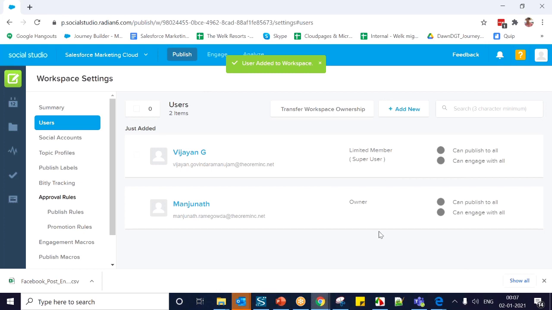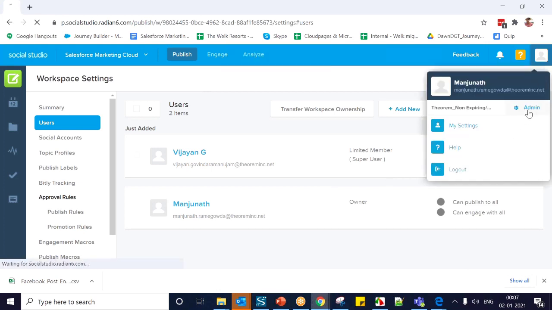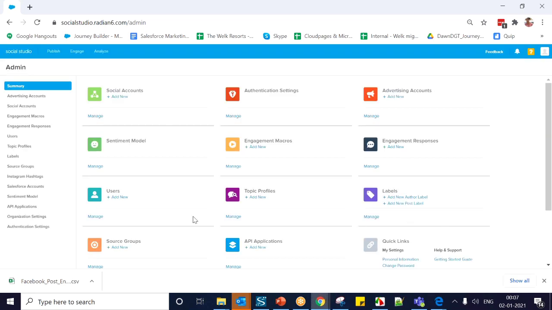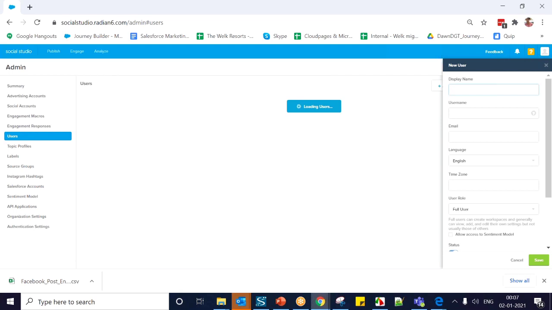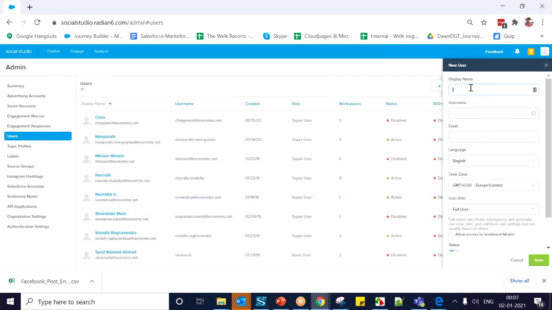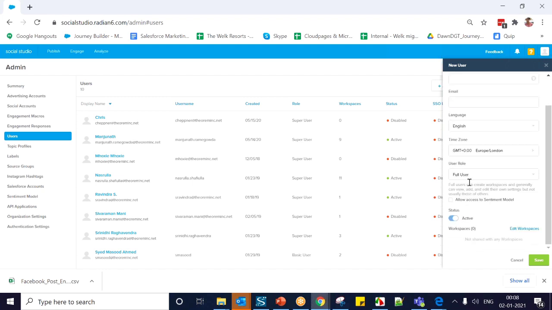You have the same option under the admin tab as well, where you can create a new user and add them to that particular workspace, where you have an option over here. See here, when you're creating a new user, first you need to add the name, username, email, language, time zone, and user roles. I'm going to talk about user roles in coming slides. Once it is created,